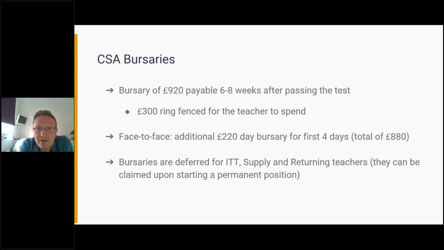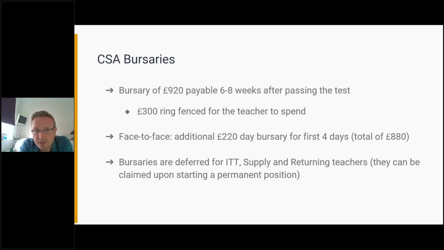So if you are an ITT teacher, a supply teacher, or a returning teacher, so a teacher that's been away from the profession for a while and looking to get back into school, a change that happened in April is that we were able to expand the eligibility of the programme so that these teachers are now eligible to take part in the CSA as well.